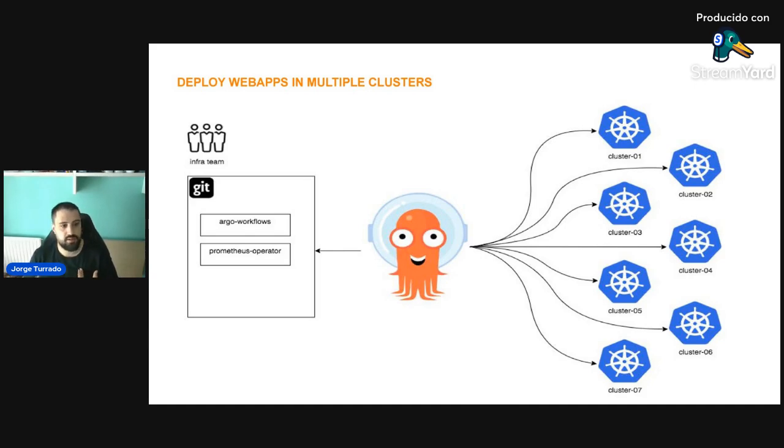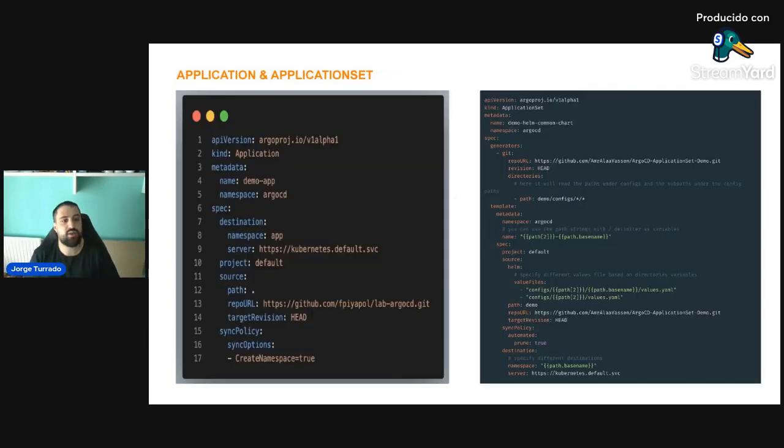And for me, it's a relationship between some Git repositories and some live installations of those kind of archives or files that I have in my Git repository. And how does it look, is it super complex? No, it's quite easy. I just need to deploy the ArgoCD CRD, an ArgoCD custom resource for the application, where I can define, in this case, it's a super happy path, but I can define which is the destination, which cluster, which namespace, in which project I want to deploy this,